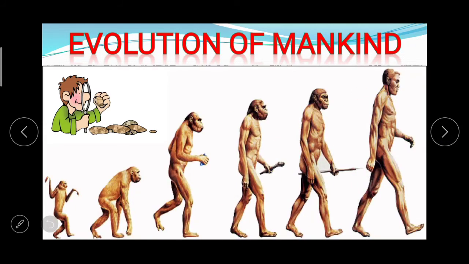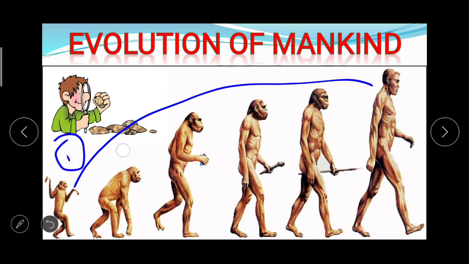Now this one is the image which is also given in our textbook, or we can say that this image is on the front cover of the textbook, which is a little bit different from this, but the same image is there, and by this image we can understand how mankind evolved from this to this. So in this topic we are going to talk about the journey of mankind from this one to, if we say these steps, 1 2 3 4 5 and 6,